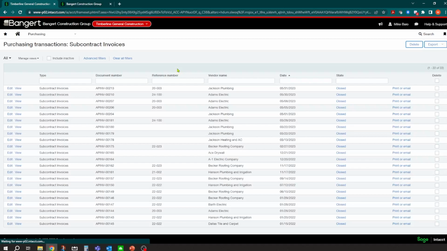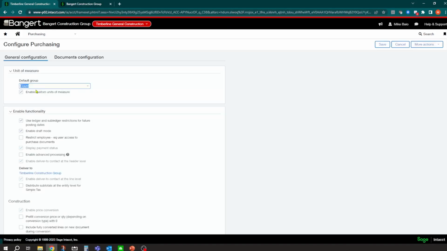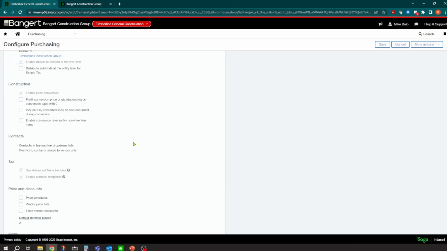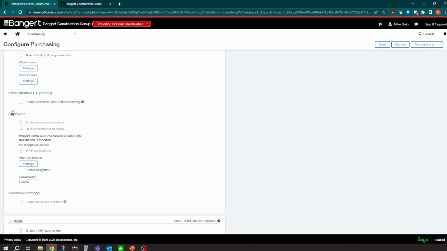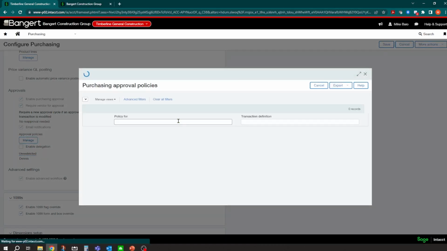Now, one thing that I don't have turned on here is approvals. But this is another added process in the system, both in subcontract purchase order creation and in accounts payable. You have the ability to turn on or off approvals at all stages in your system. And if I can find it right here, this is in subcontracts and purchase orders. I can enable the purchase order approval. Okay. And I could turn on approval processes and I could define them in your configurations under manage.